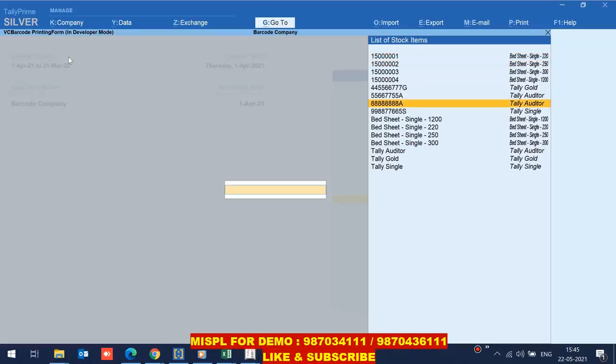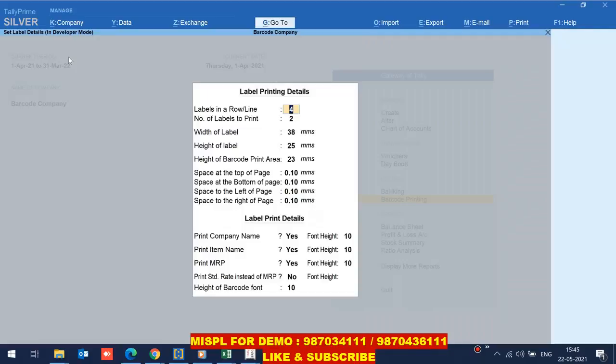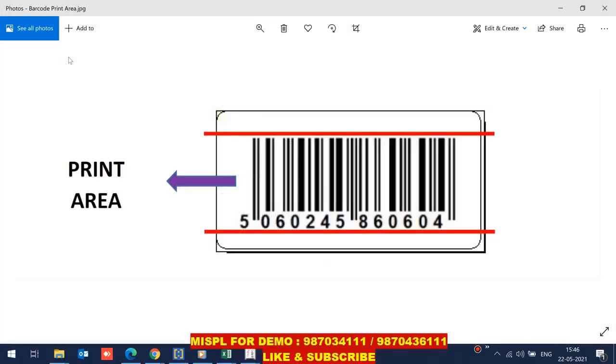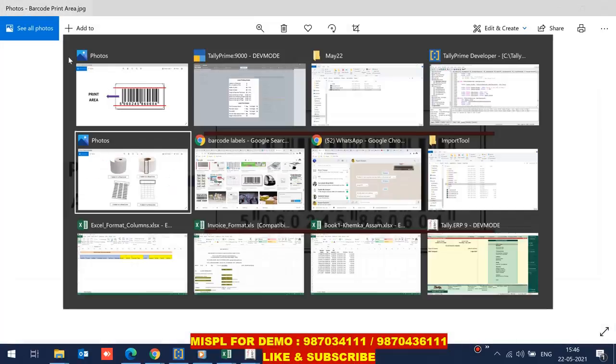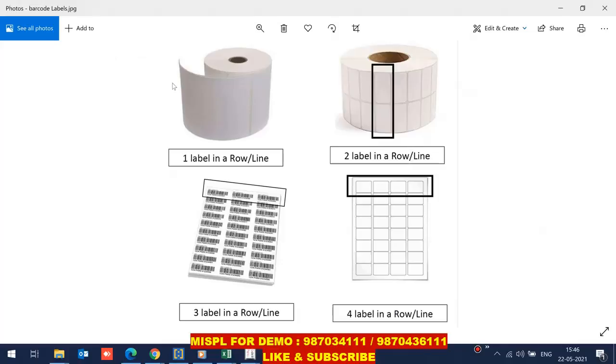Here we select a new item, called bedsheet single 220. This particular window will be seen on your screen. The first line is asking you for labels in a row. By seeing this picture, you will understand, like 1 label, 2 label, 3 label, 4 label.